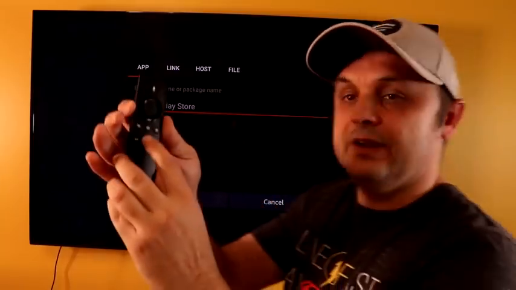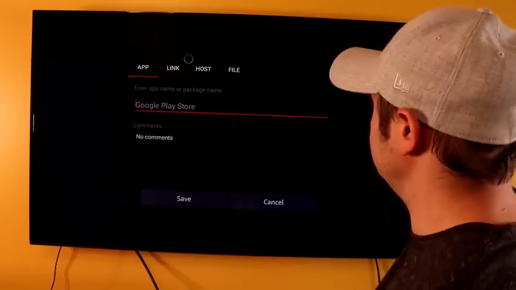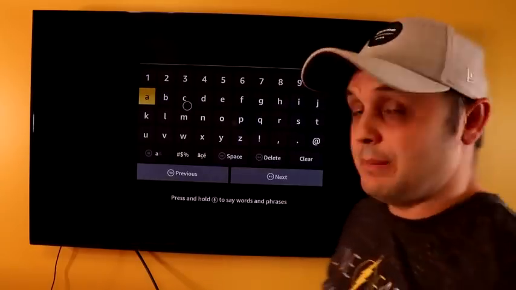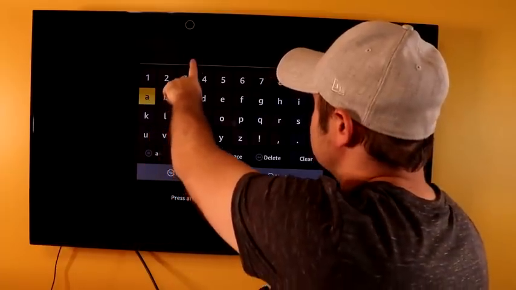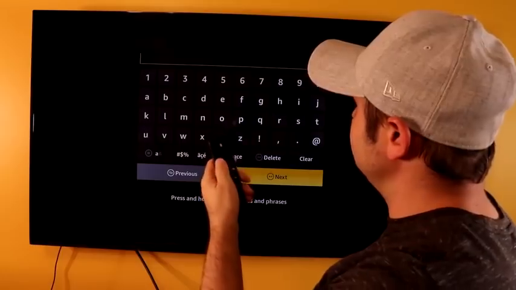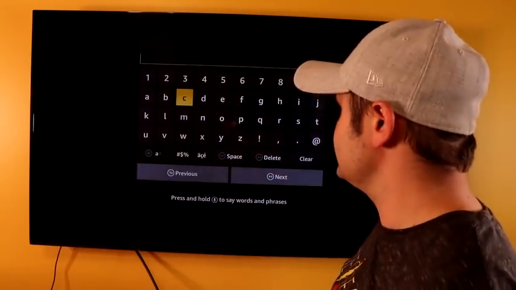And we have our mouse activated by mouse toggle, hitting the play button here twice. Go in here, point your mouse into this box right here, click on it. This will come up. Now we have to turn off mouse toggle. We'll scroll up here. We'll press the play button twice again to turn that off. There you go. And now we'll type in our package name, which is com